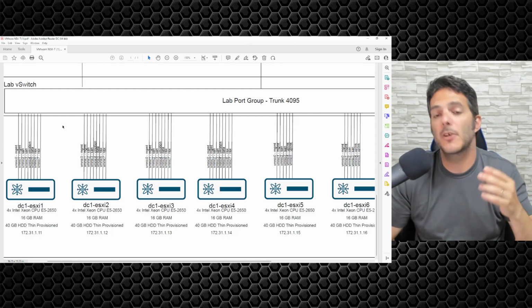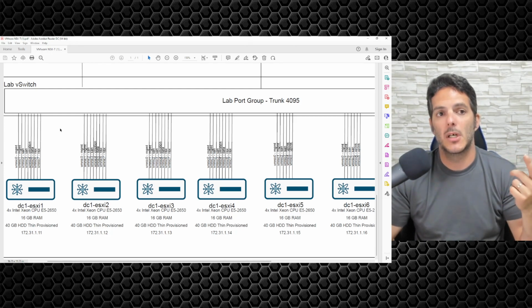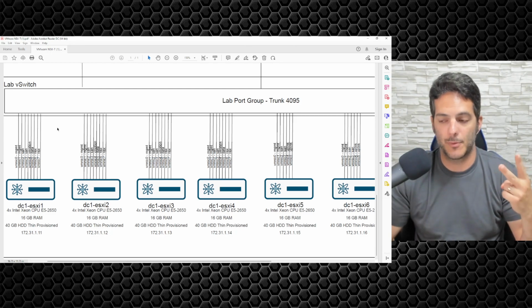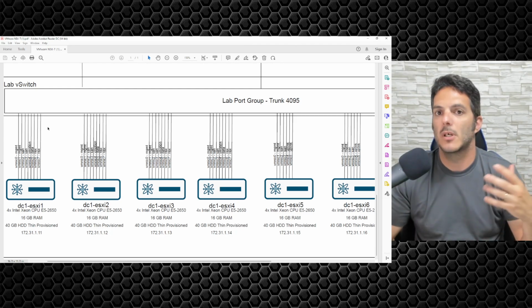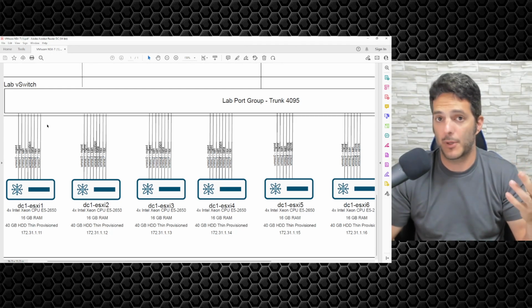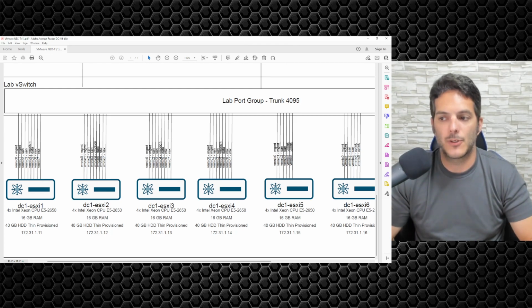You can either figure out how many different services a particular ESXi host is going to have to provide to the virtual machines running on it, whether it's two for management, two for storage, a couple for vMotion, a couple for data, a couple for fault tolerance, a couple for whatever else you might want to throw in there. You can provide those and then team them together at the VDS level, the VMware Distributed Switch,